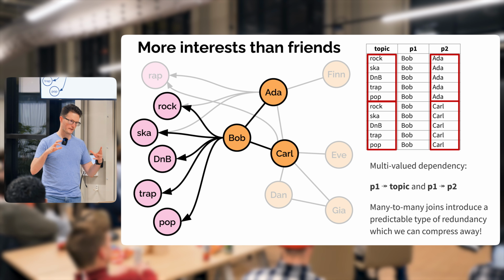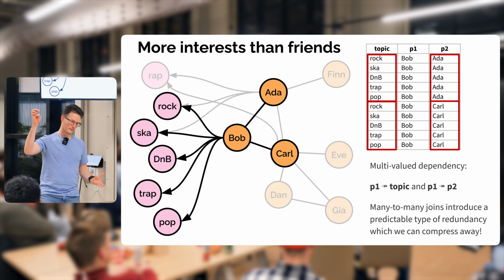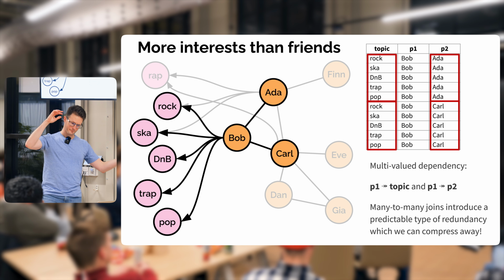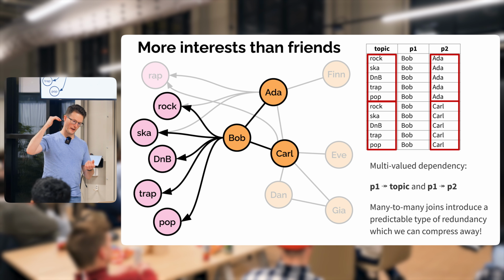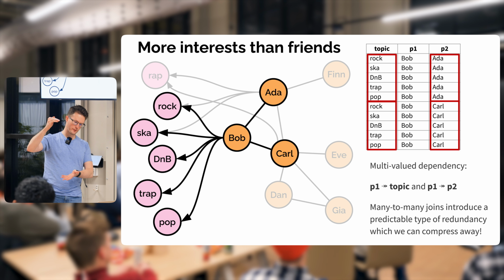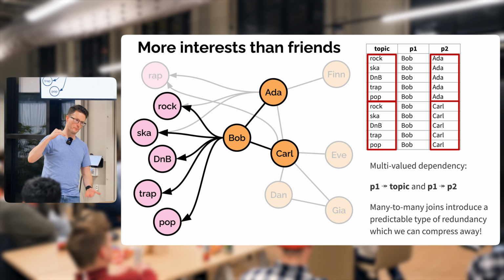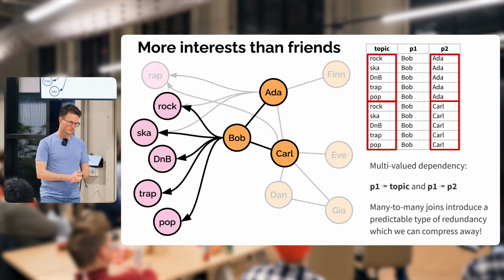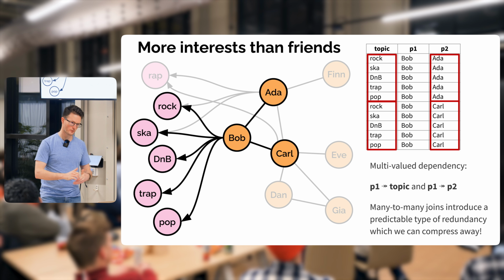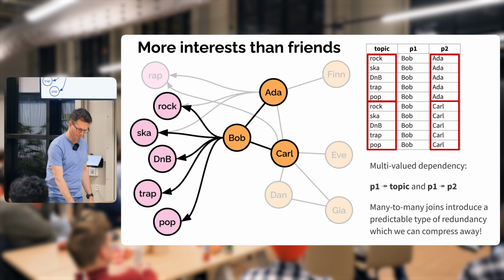The problem here, again, is that we have these huge intermediates. We have 5 topics that we have to repeat for every single person that Bob knows. And we have 2 friends that we have to repeat for every single new hobby that Bob acquires. This will also blow up and will also be something that just doesn't finish on any contemporary relational database system.